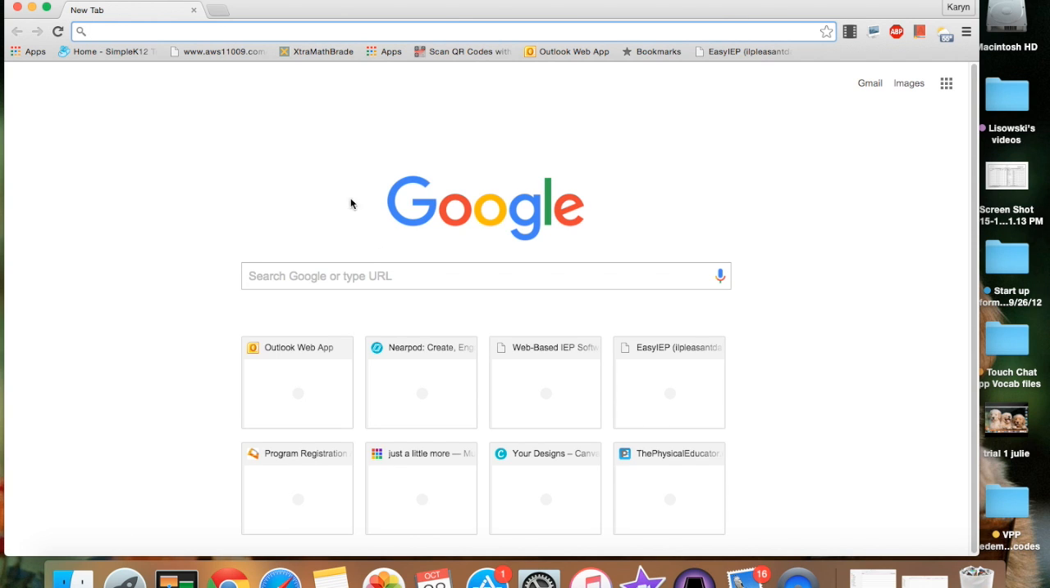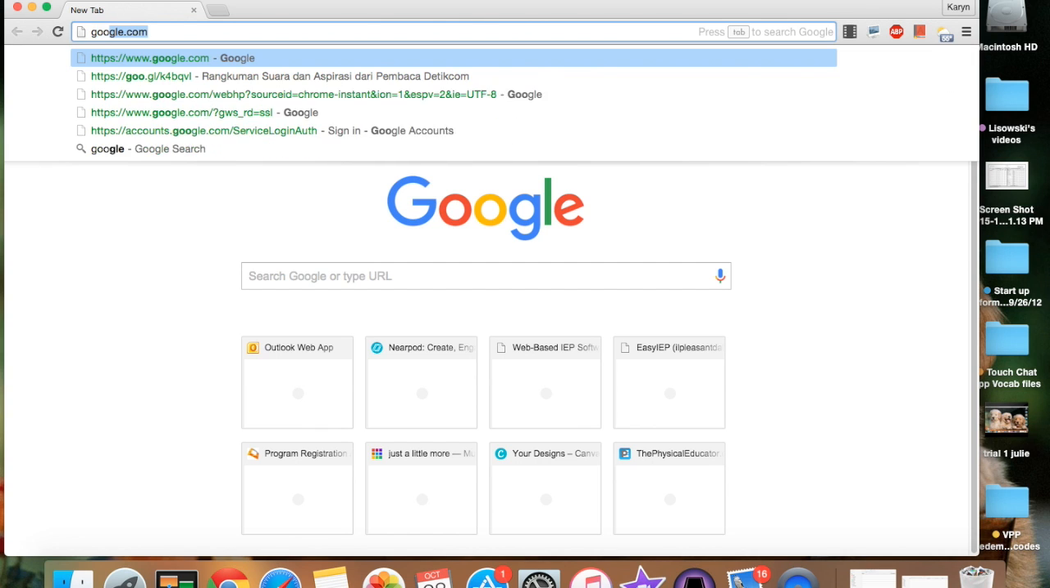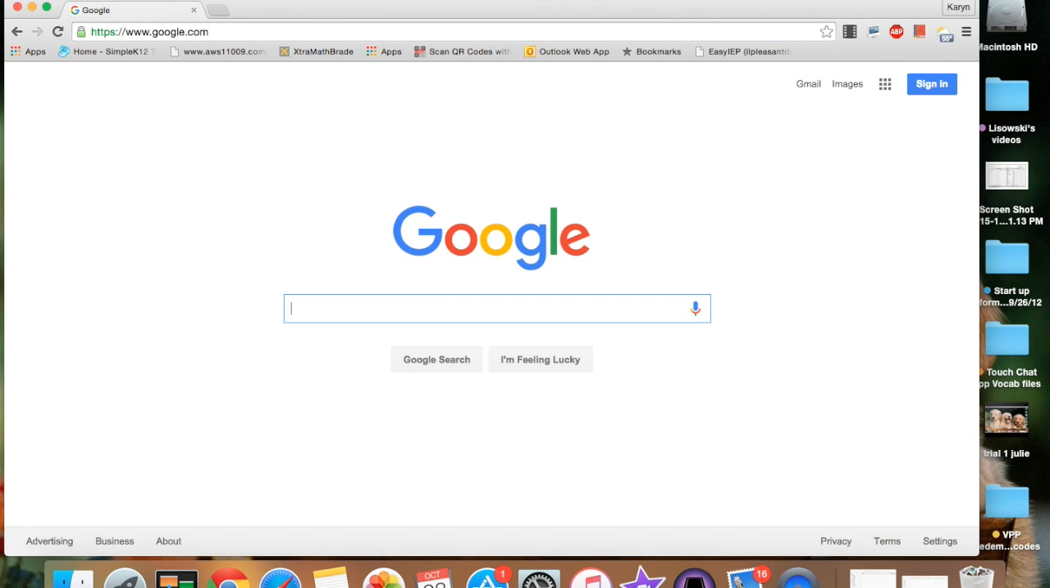And you'll notice that a home screen will show up. If it's a Google screen, you are looking for a blue sign-in box. I don't have a blue sign-in box here, so I need to go to the address bar and type in google.com. Once you do that, you will notice a sign-in box appears, and this is where we want to click